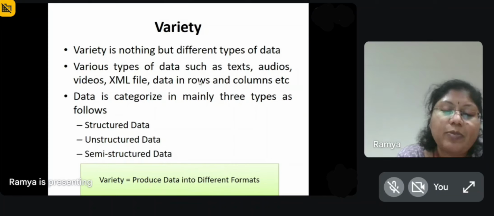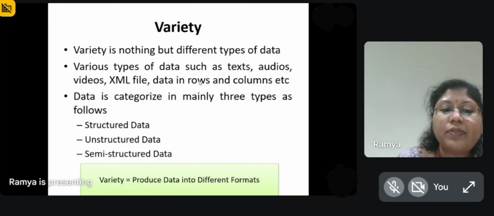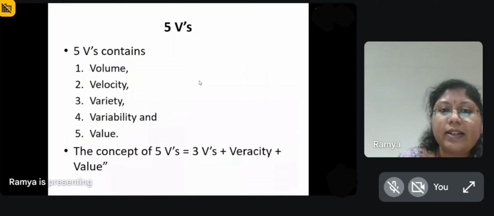So far we have seen what we mean by data, and how data is transformed into information, and from information to knowledge, and why we are focusing on big data. Because in order to handle a large volume of data, I need to go for big data. Now they are coming with the 3 V's, where they specify the variety. The first one we are seeing is the